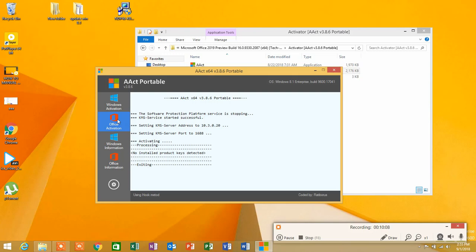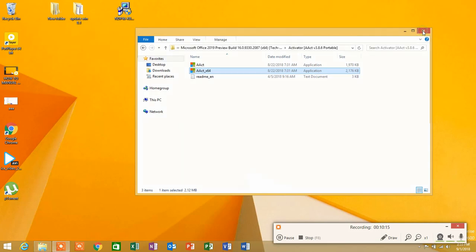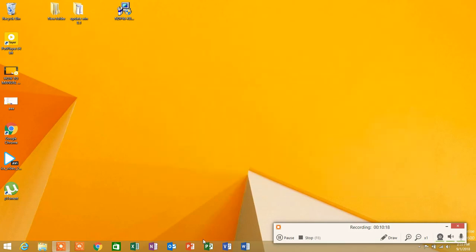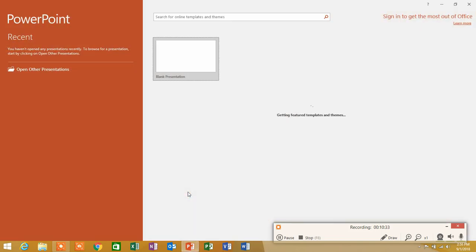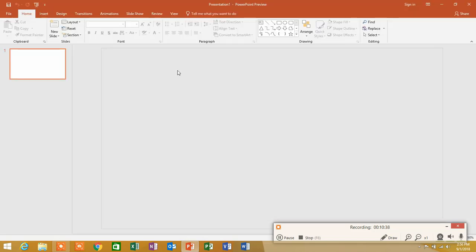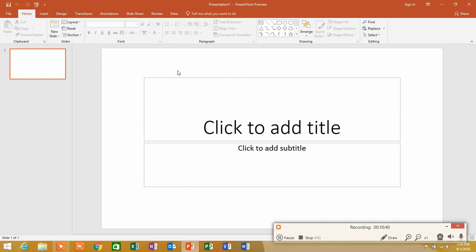Enjoy it. My name is Knight Gideon. Welcome to Best IT. Now, how will you know that Microsoft Office has been activated and you can use it? This is PowerPoint. Just click on it, and PowerPoint is not going to ask for any activation key or serial key because you finished doing everything. And that's it. This is the new Microsoft Office 2019 interface,